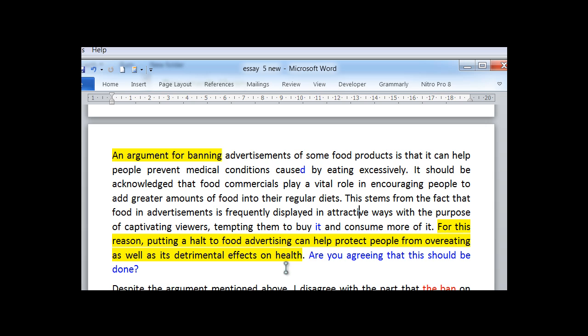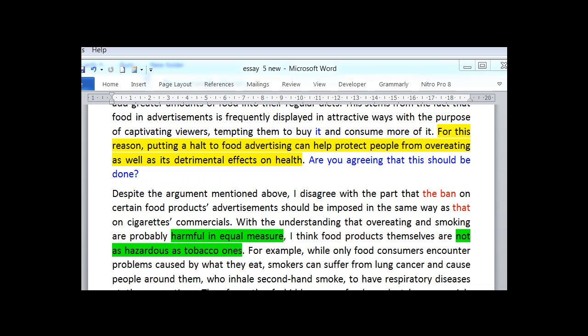Let's assume that it is, because this essay only asks for your opinion. And also remember that the writer said that they partly agree. So this is all about agreeing. So presumably the writer agrees with these arguments and that it can help protect people from overeating. So presumably this is the argument here supporting. Remember, partly agree, so this is mostly about agreeing.